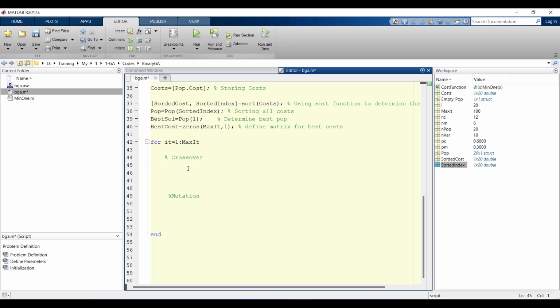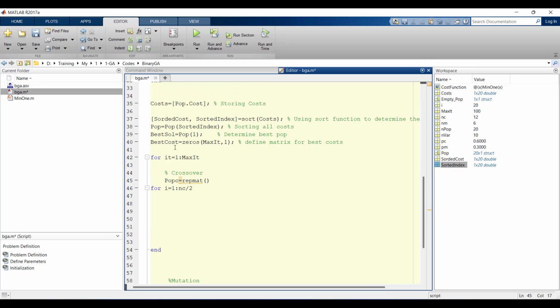So for I, NC divided by 2, we have this column here, and before going further we have to determine the population of the crossover. So we defined pop C as pop for crossover here, this is repmat,